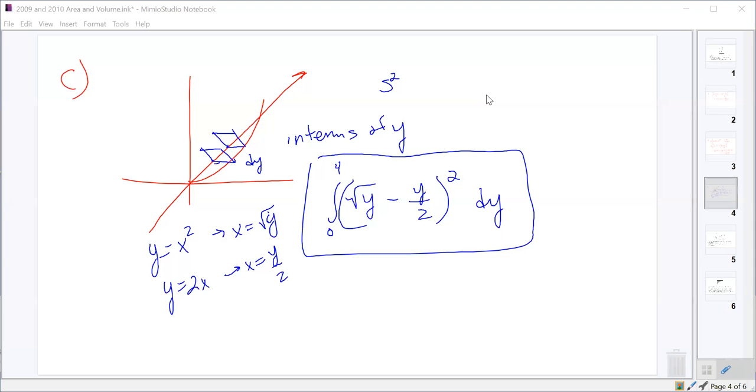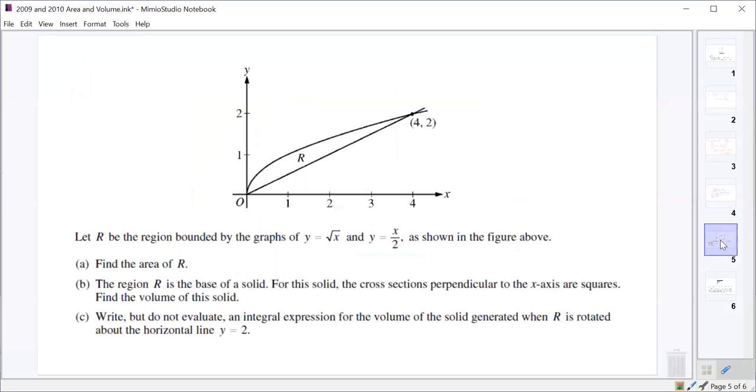All right, let's do another one. So this one's got some cross sections and it's got some solid of revolution. Pretty similar to the last one. This one again, and that one we just did, I would say, is on the easier range of what you might see